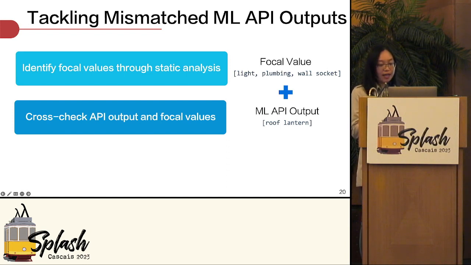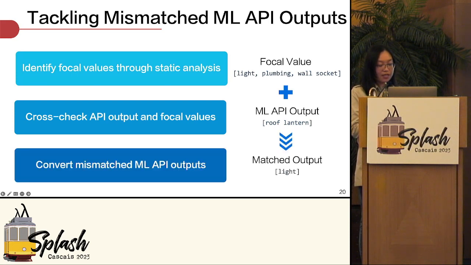SmartGL's incompatibility detection checks if there exists any hierarchy, perspective, or focal mismatch, one by one. Guided by the empirical study, our checking is centered on using a knowledge graph to understand the cognitive relationship between the API outputs and focal values. So is the one the superclass or the alias of the other? Is the one from a different perspective of the other? Or is the one related to the other, even though there's no superclass relationship?